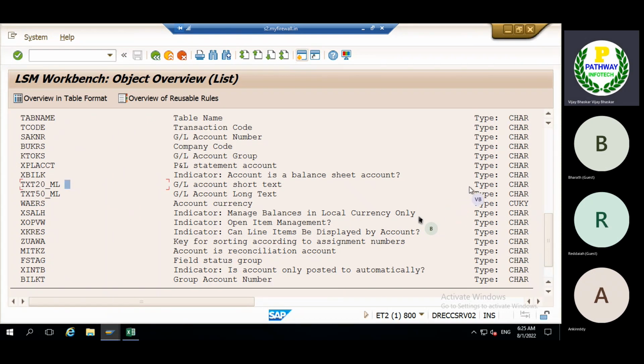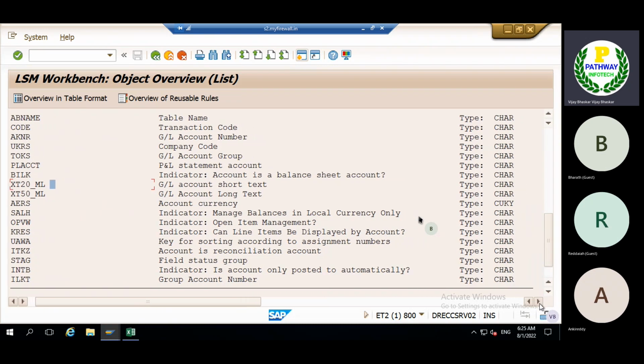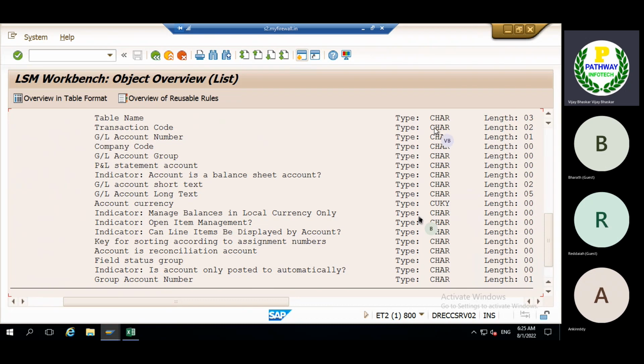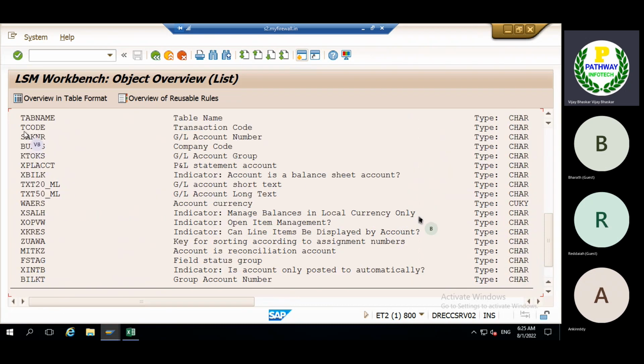Next, see when you are copying, these are the two important fields. Here you can see character. Character means the information we are going to enter in this field of the table. BUKRS is the company code. The company code can be alphanumeric; we can create a company code as alpha or numeric. The GL account which we are going to create is numeric digits only. Remember.